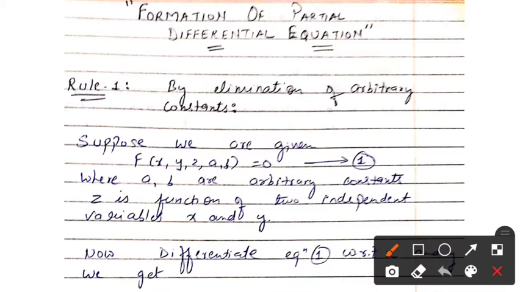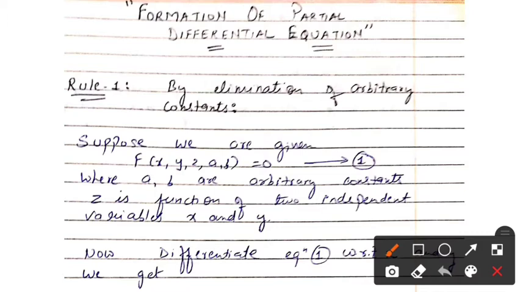Any function of the form f(x, y) = 0 is called an equation, like x² + 2x − 3 = 0 or x⁴ + 3x² + 7x³ = 0. Only such a formation is called an equation. Now what is a differential equation? Those equations which include differentiation are called differential equations.